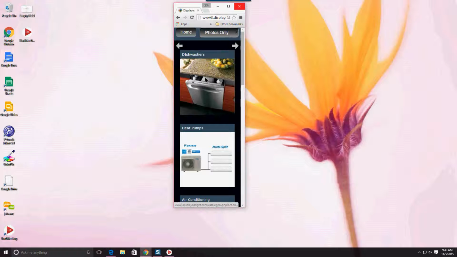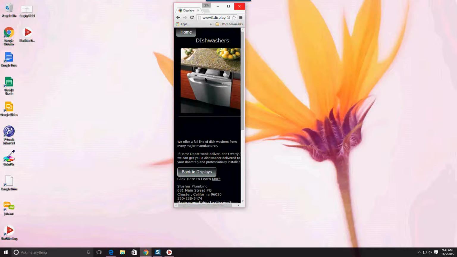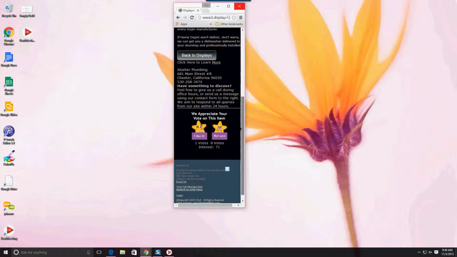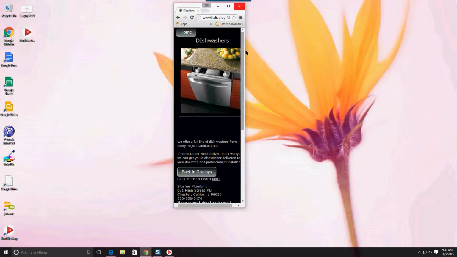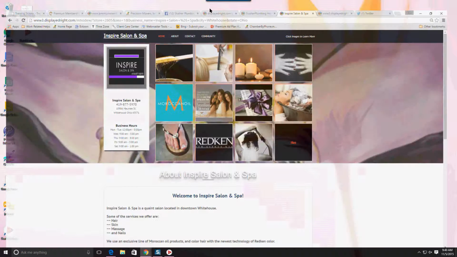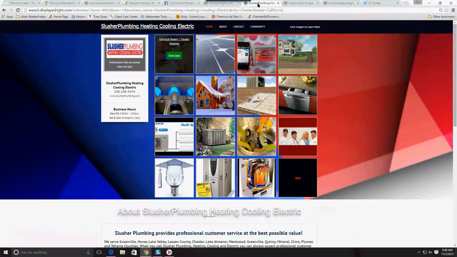And as I click into the second page, I'm going to go to the second page of Dishwasher. It also provides the additional information. And of course, this is all connected to your Storyboard website. So anything that's updated will automatically be updated onto your mobile site and your Facebook catalog. There's not any additional work that you need to do.